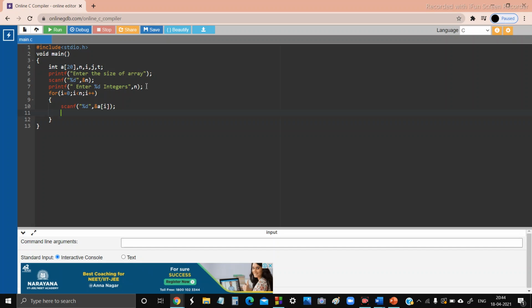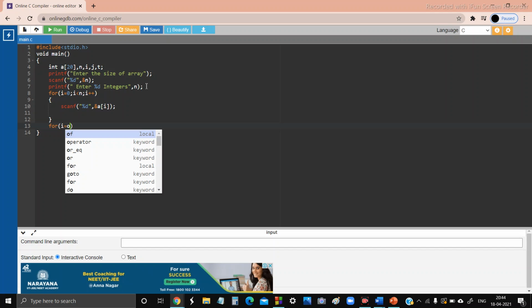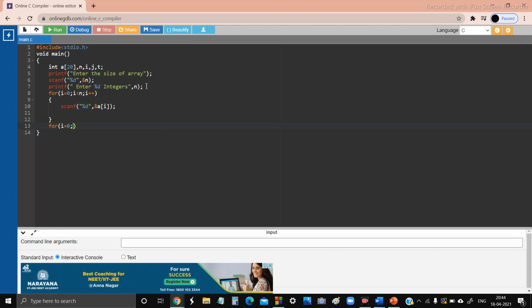Next, we are moving into the for loop. For i is equal to 0, i is less than n minus 1, i plus plus.